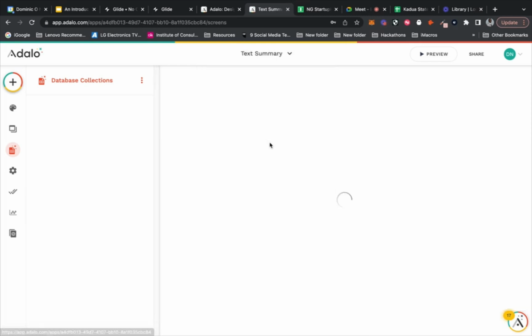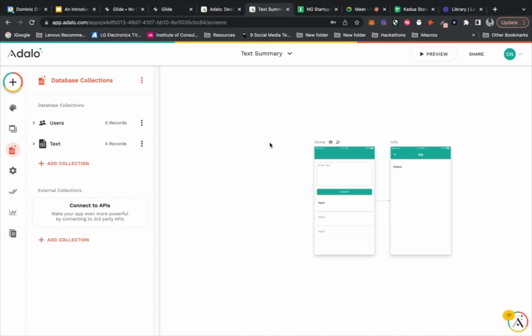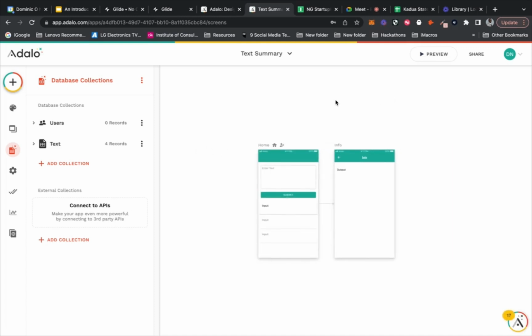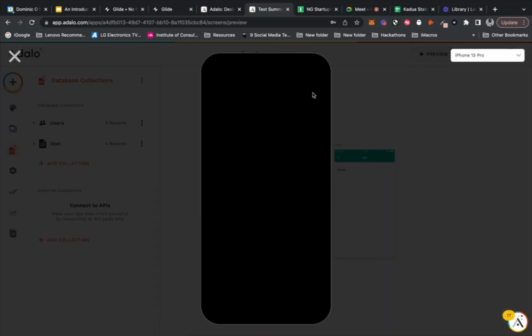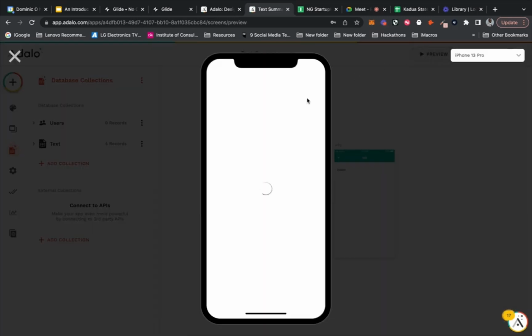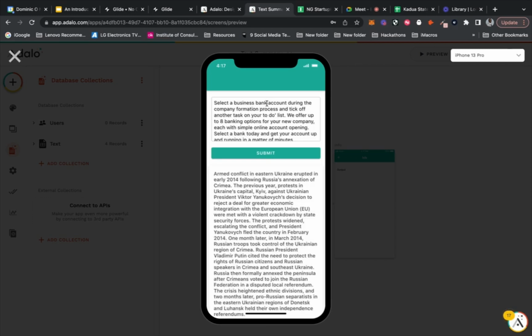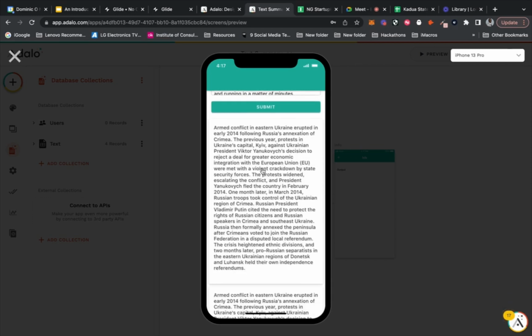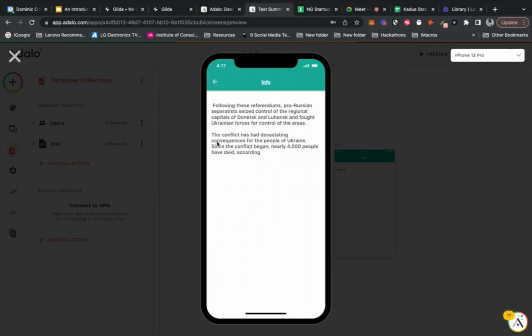But we can go ahead and give it a try. So I have an app here that's connected to some AI APIs, and in theory, when I add the text, it should summarize the text. So here is the text that I input, and here is the summary.